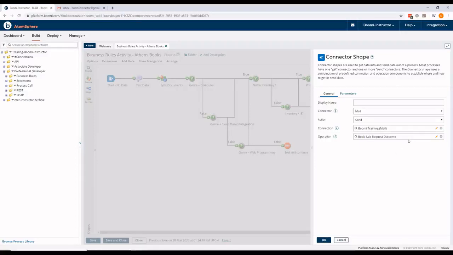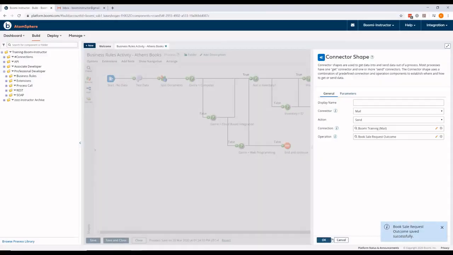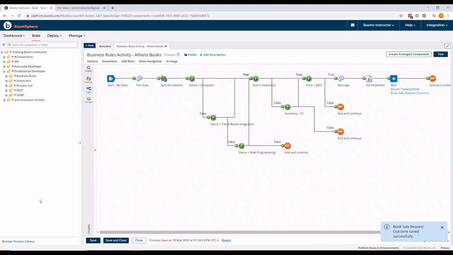And then we want to edit the book sale request outcome operation. So we'll click Edit. And here you want to enter your own email address in the To field. So I'm going to enter boomiinstructor@gmail.com. And that's the only change you need to make there. You can click Save and Close to save the operation, and then click OK to return to the process